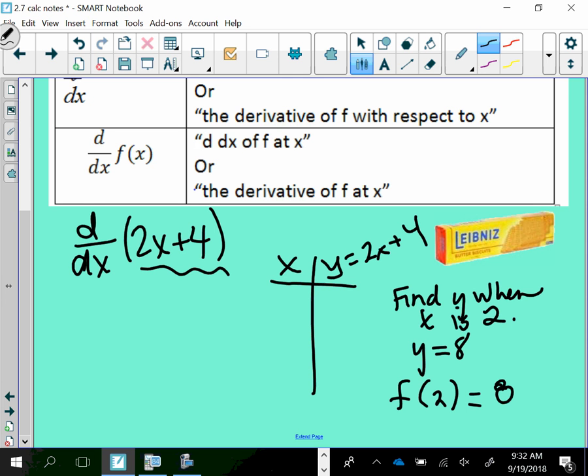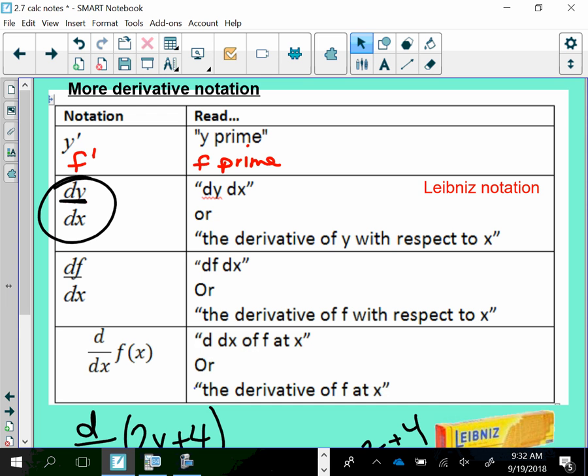Then here you'd be like, wait, what was that x again? And you have to look back either here or here. Okay, this is the same thing. We're finding the derivative of this, which is nice. So if I want to do the derivative of a particular thing. Okay, now, this guy right here, Leibniz,